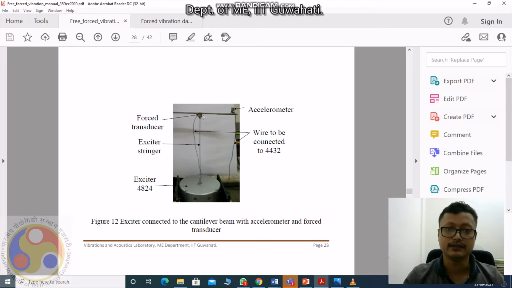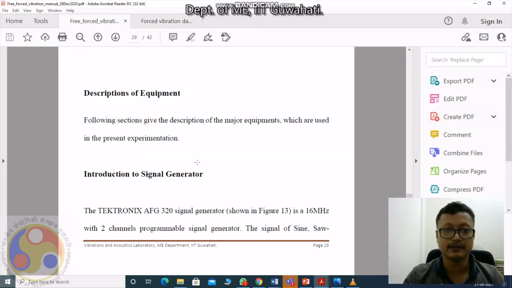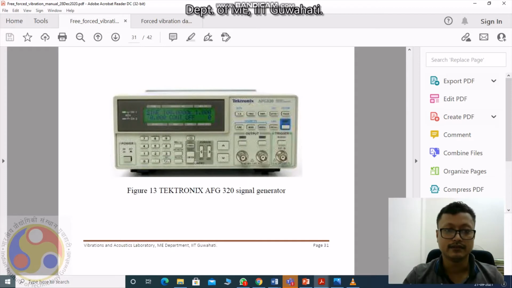Force transducer. This one is an accelerometer. Wires you need to connect. Exciter string, this is for vibrating. So this is the signal generator you can take for giving the initial frequency in hertz per second per volt.